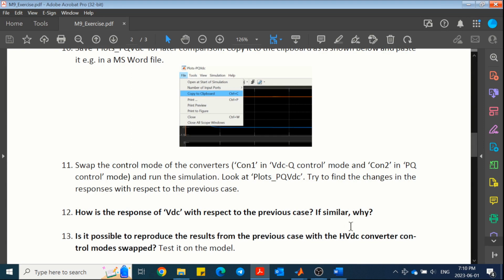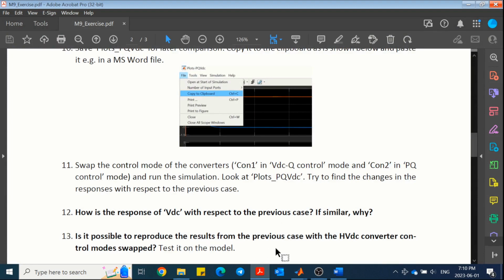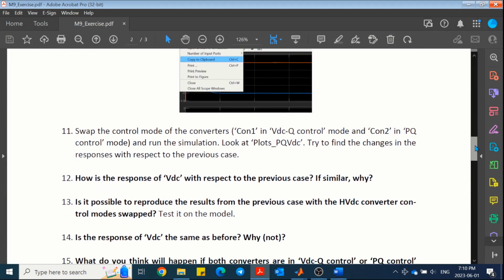The next step is to compare the responses of DC link voltage in these two cases in more detail. If we compare them, we can say that the transient behavior in DC link voltage is the same in these two cases, except that now the VDC of converter 1 is matching with the reference, while in the previous case it was reversed. But apart from that, the transient behavior of DC link voltage looks similar,